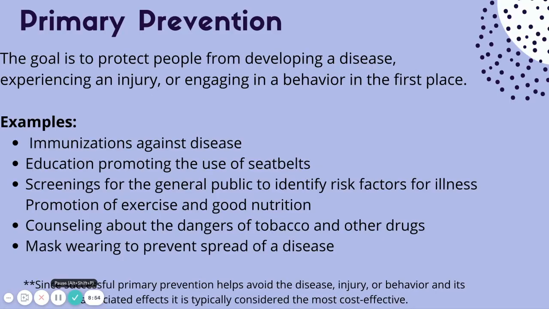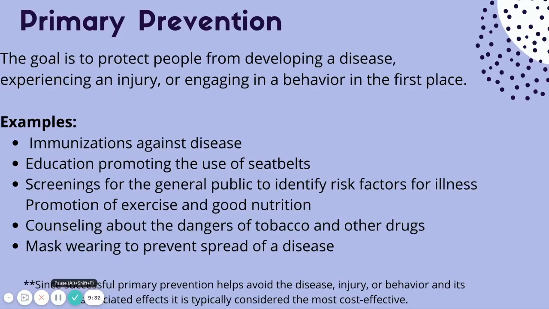So in the 90s, there was a big push for people to wear seatbelts because research has proven that wearing seatbelts will lower the risk for injuries in auto accidents and even death. So that was an example of primary prevention. You might have seen commercials and billboards and magazines. The purpose was to educate a large number of people in the general population so that they would not engage in the behavior of not wearing a seatbelt, right? Here, we want to educate and inform as many people as possible so that they're not engaging in risky or